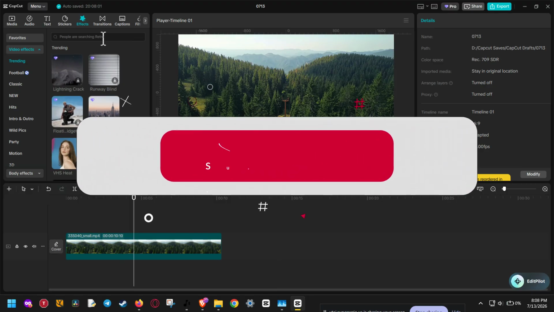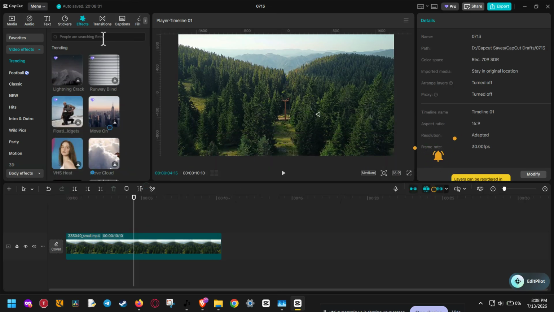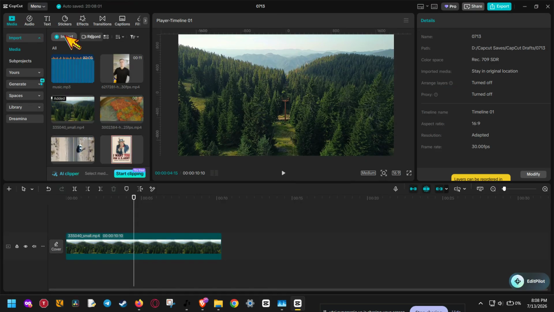Alright, let's jump in. First, open CapCut and import your 3 video files into the media bin. To do that, click Import and select all 3 clips from your computer. Once they appear in your media panel, drag each video down onto the timeline. The key here is to place them on separate tracks, one directly above the other, so you can work with